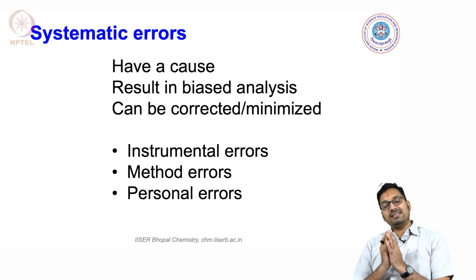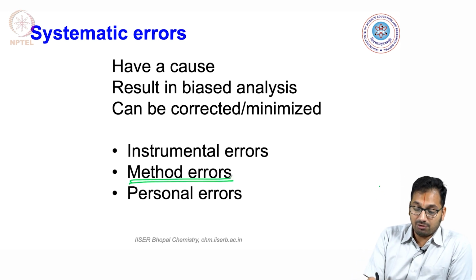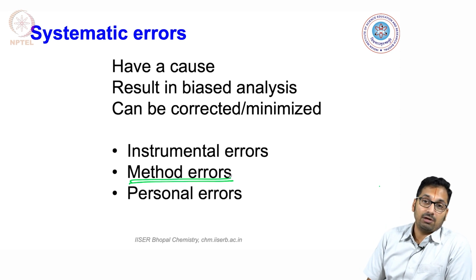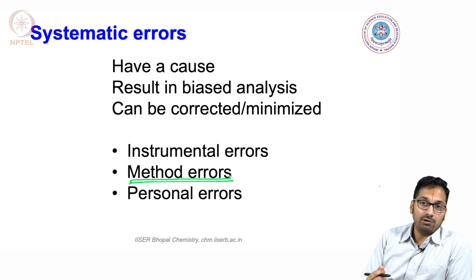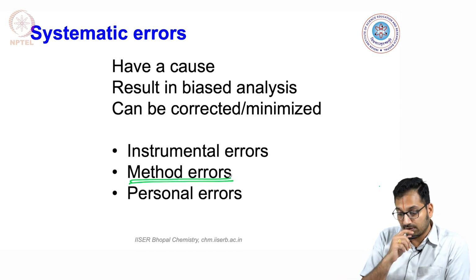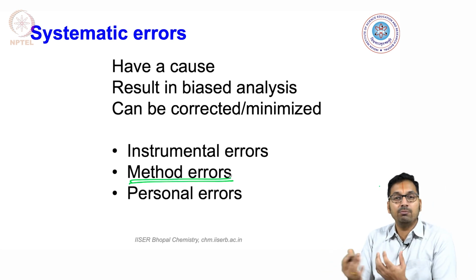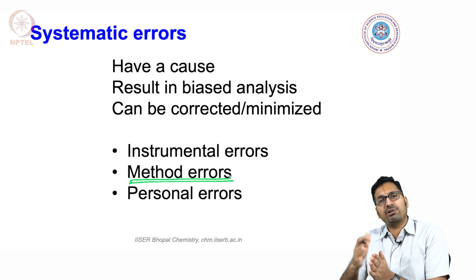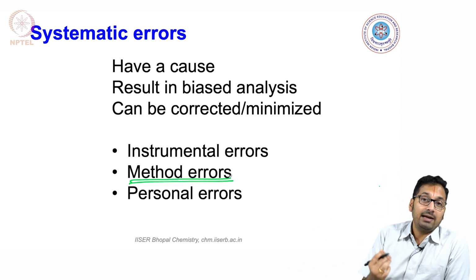Okay, so now that we have seen instrumental errors that could come up, what other things could happen is that you could also have method errors that could arise. What do we mean by method errors? Let's say in the experiment that you are doing, subtle mistakes could end up happening. What do we mean by subtle mistakes? Let's say that you have to do an equilibrium experiment, meaning that once you make up a solution, you have to wait for a certain amount of time before you can start doing the experiment. Let's say the reaction kinetics are slow for the solution that you are preparing.